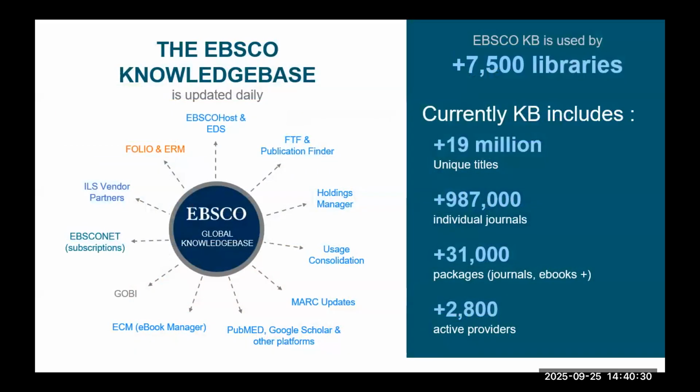What's powering a lot of this is our knowledge base. So of course, that was the first thing that we integrated in with EBSCO was our knowledge base. Our knowledge base is updated on a daily basis. We have over 7,500 libraries around the world relying on our knowledge base to manage their holdings. It's the most comprehensive knowledge base in the industry because EBSCO works with so many different types of libraries around the world. So we track and collect information about published content and materials from all around the world to make sure that we are able to provide that as a service for all types of libraries, government libraries, special libraries, academics, publics from all around the world.